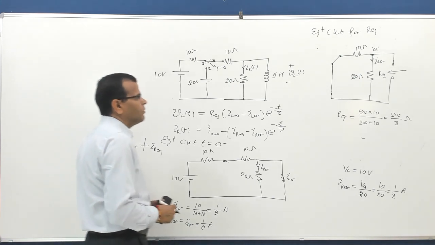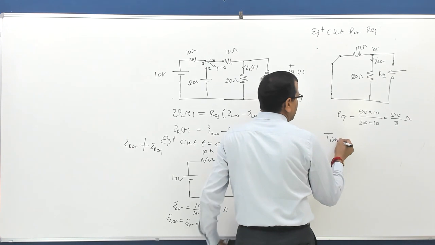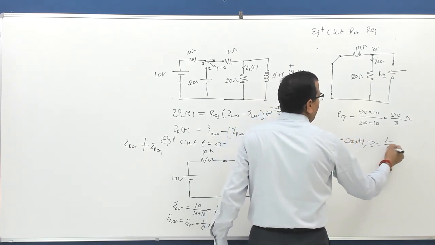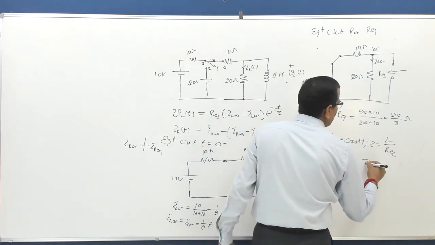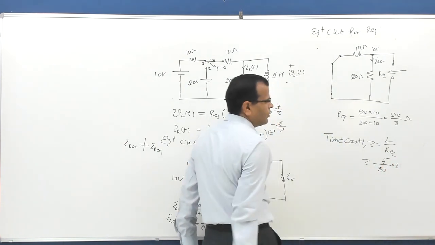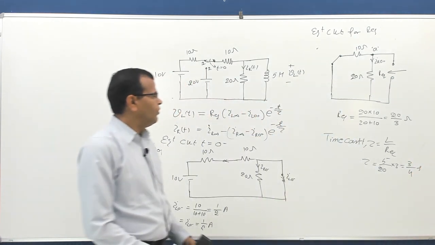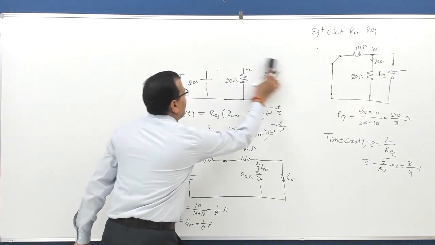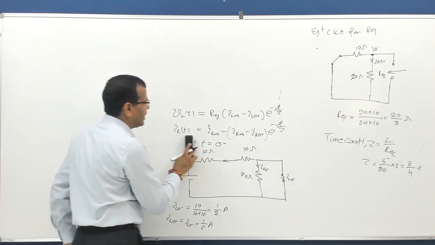So what will be the time constant of the circuit? Time constant of the circuit, tau, will be equal to L by R equivalent, and what is L? That is 5 Henry. So tau will be 5 by (20 by 3). So that is nothing but 3 by 4 seconds. So we have calculated tau. Now we have calculated all the parameters required for calculating VL(t) and